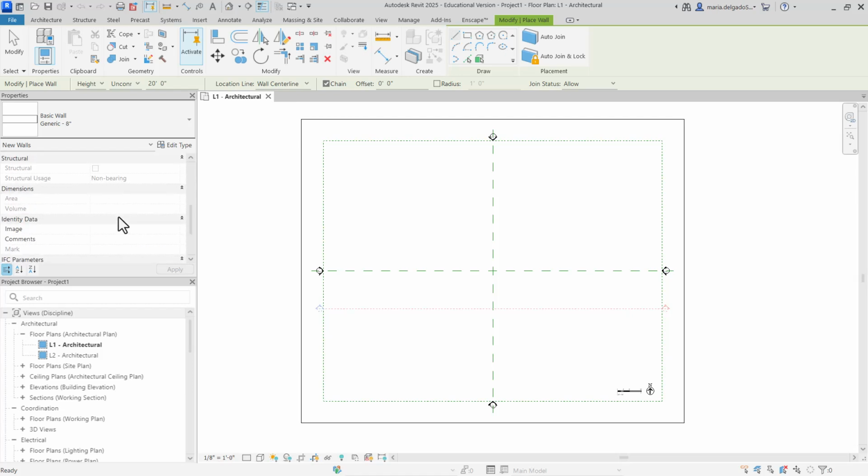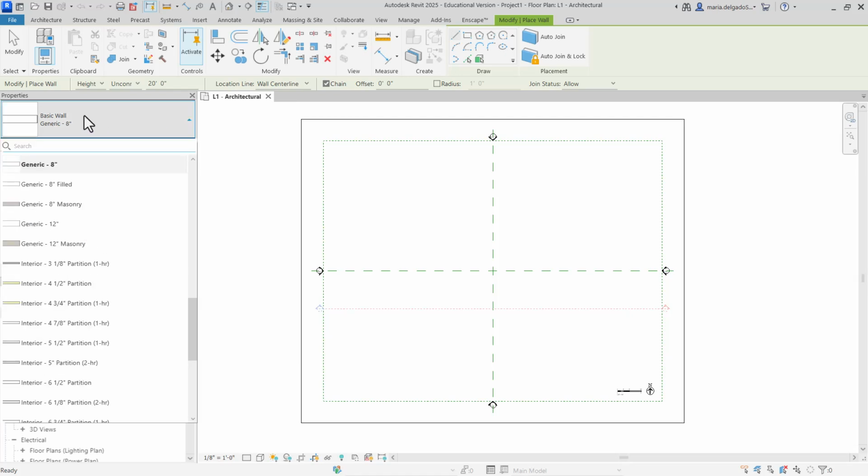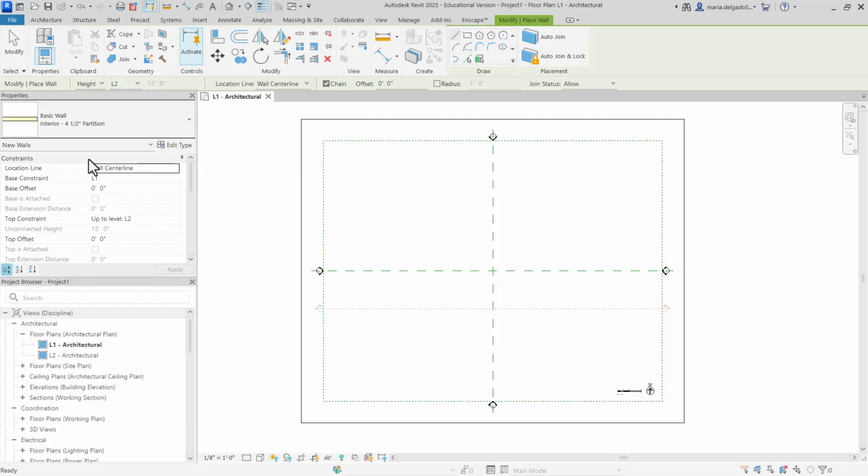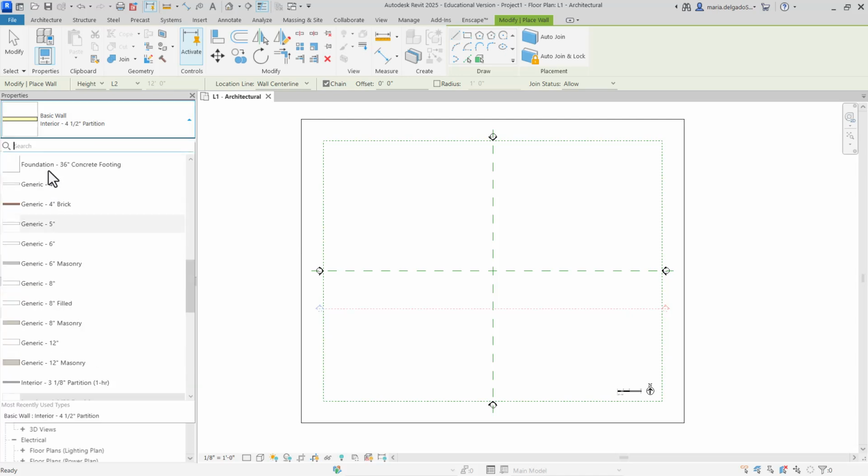Furthermore, I can click on all these different properties to find a different type of wall and then find the information for that type of wall. If I select a different type of wall, the properties associated with it will now show up in here. So different information is associated with the element that you select.